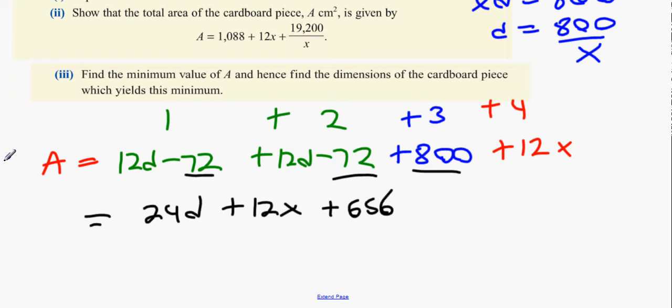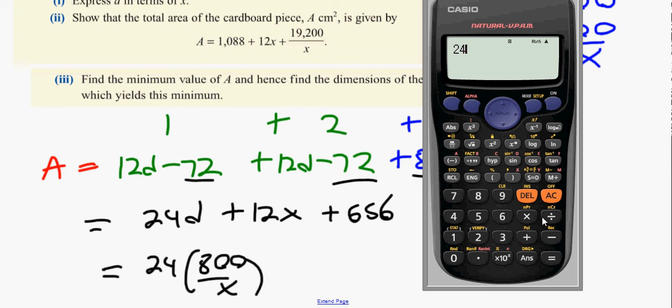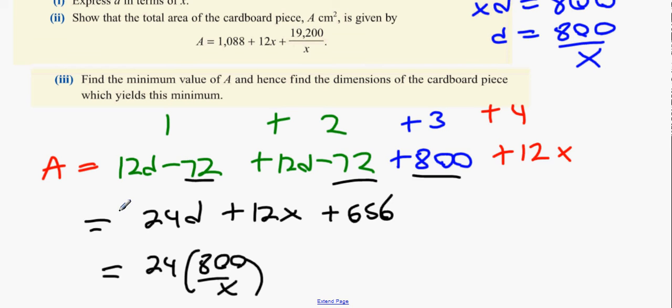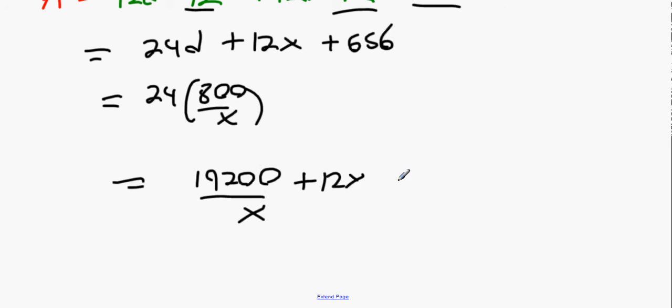Next we know that D is 800 over X, so we're going to get 24 times 800 over X. What's 24 times 800? It's 19,200. So it's going to be 19,200 all over X plus 12X plus